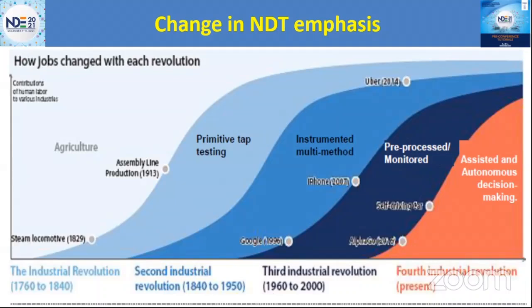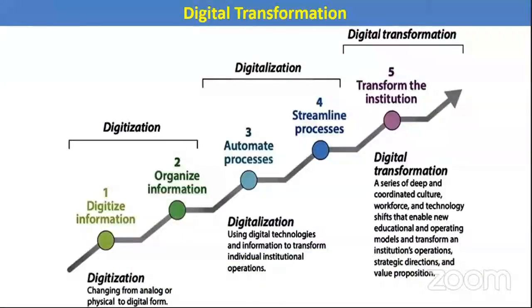Just like we have done in our personal lives, we have accepted the whole concept of digital transformation. Again, this was highlighted by Johannes in his talk in the previous session. Nothing new, this is a repeat of what has been shown, but just for the benefit of those who were not there in the previous session, re-emphasizing the fact that there are three different aspects of digitalization and digital transformation. Usually you will start with the first step, then go on to step 5, which is like transforming the entire institution.